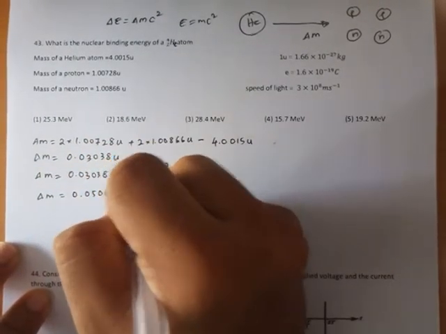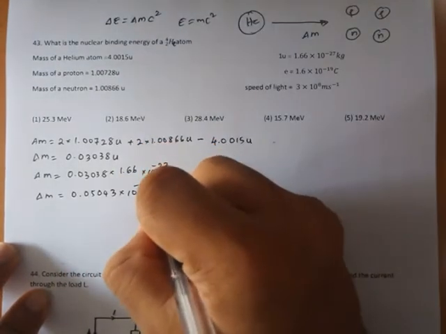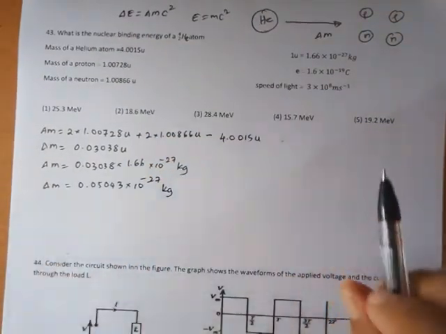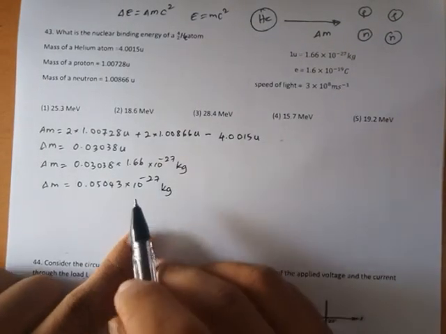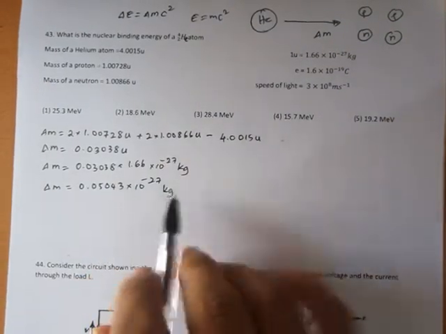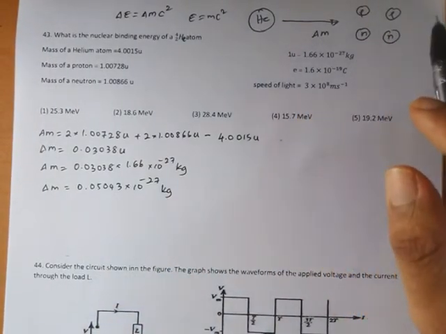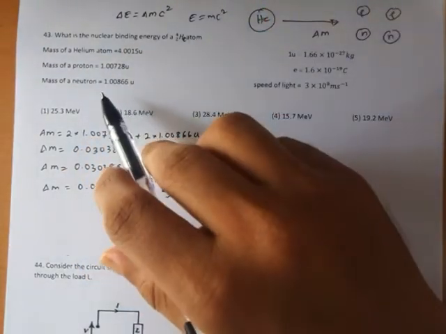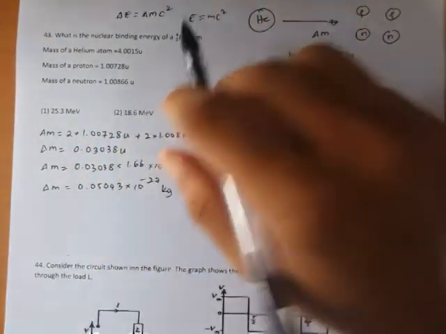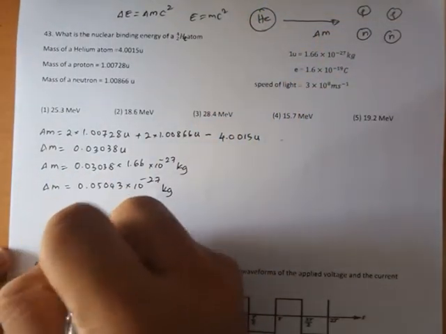into 10 to power minus 27 kilogram. So now we have a change in mass in kilograms, that is, we can see it's a very small mass, right? So that's the change in mass, and now we can find the energy using E equals mc squared. So now that energy, now I can write